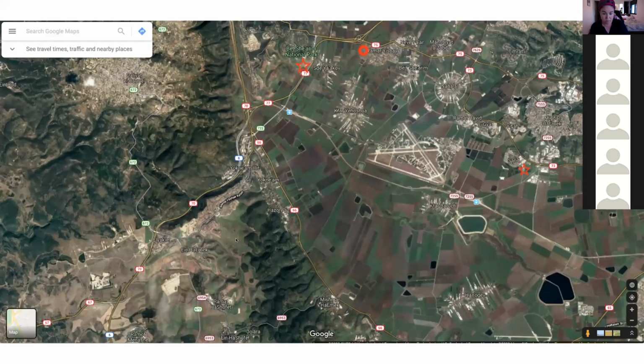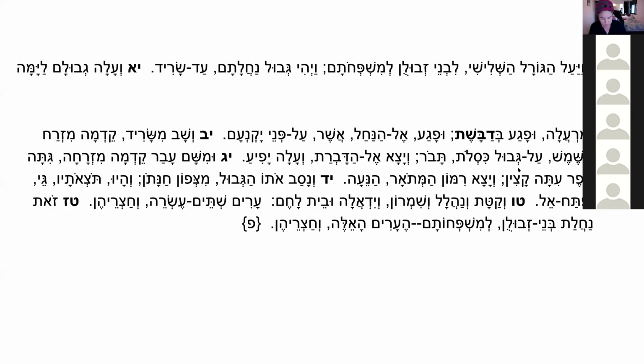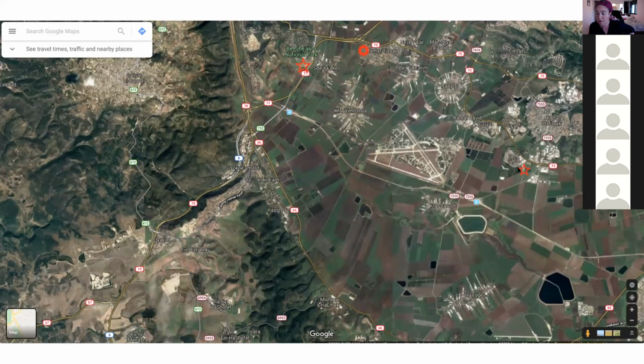And if we move on, I starred them here for you. Okay, Tel Sarid is Tel Shadud, which is just south of, here we go, okay, which you can see is right south of Migdal HaEmek in the general northern Emek Yisrael region, close to Nahalal. And then the border of Zvulun passes up this way, following the line of